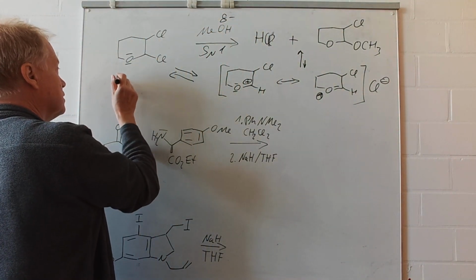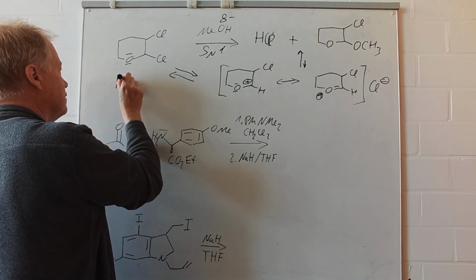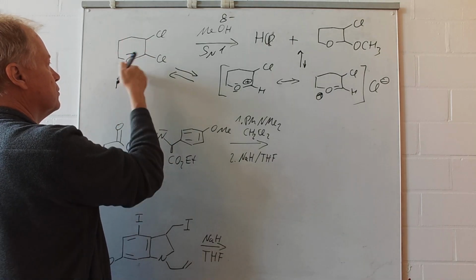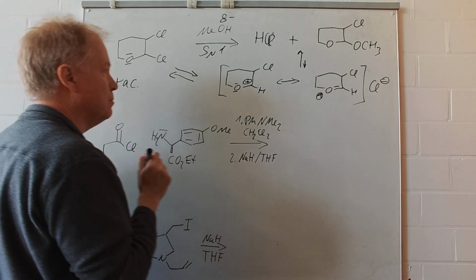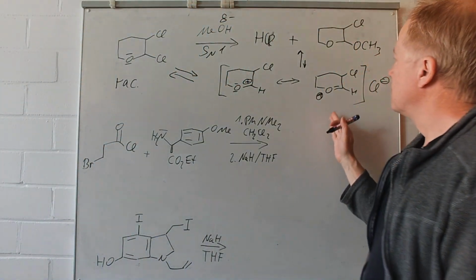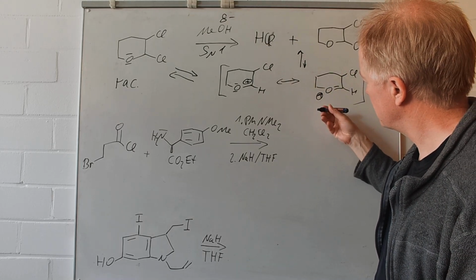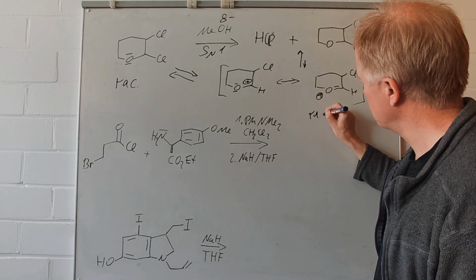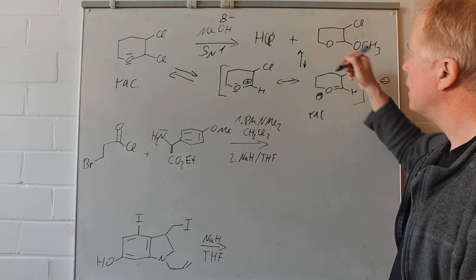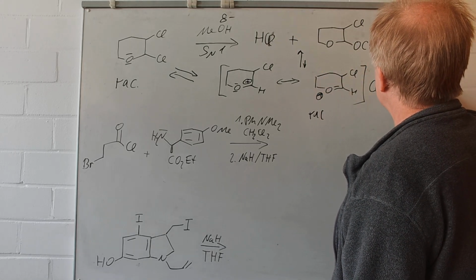We should assume that we have a racemate here, it's racemic. Here we have a chiral center. This should be then also racemic, and finally we will